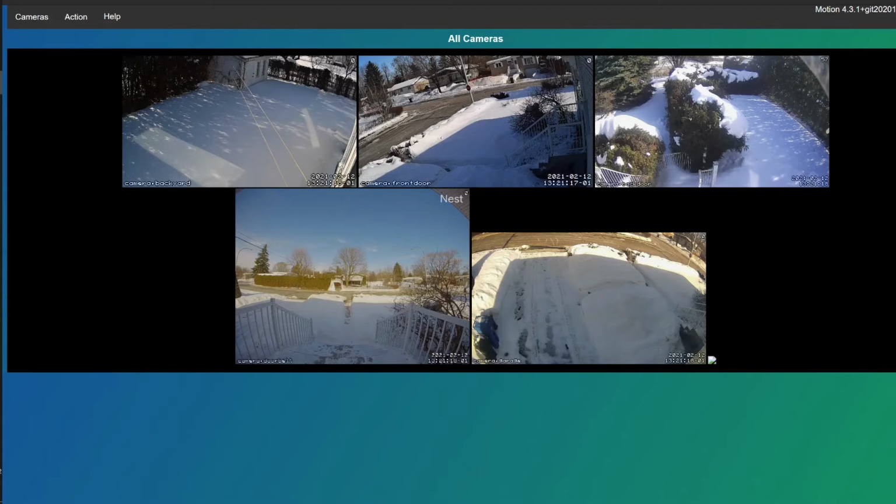So I don't want to go into too much detail in explaining how Motion works. The long story short is that each time there is motion, it creates a file, either a picture or a video file, or both. You can tell it what you want it to do once it's done detection and save the file. And in my specific case, I told it to navigate towards a web browser address, and in that address, it specifies the file that it detected and where it came from.